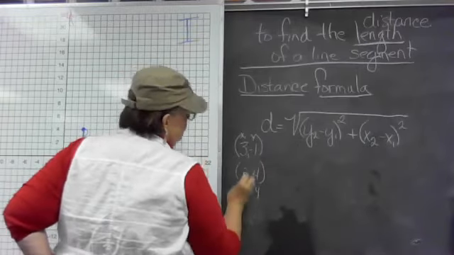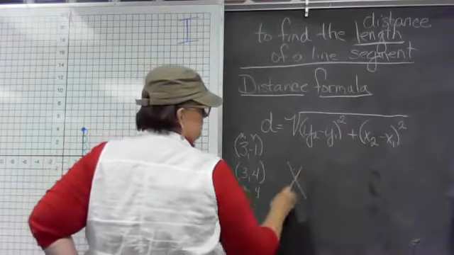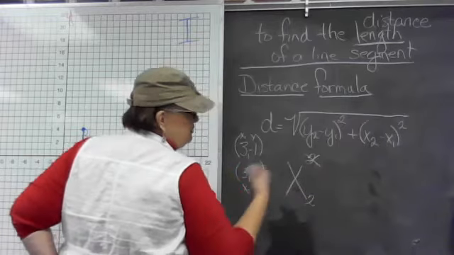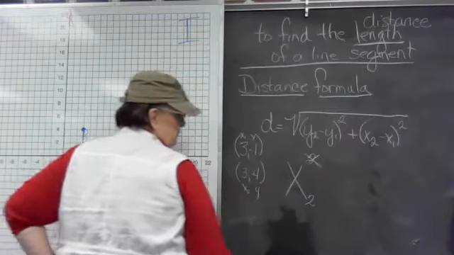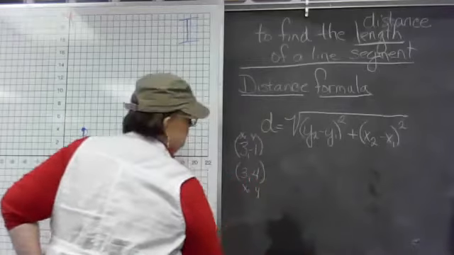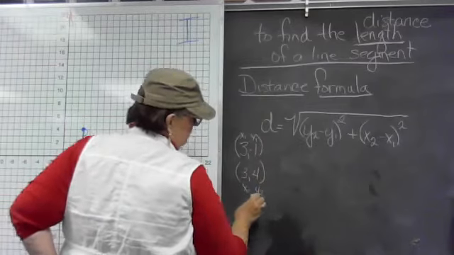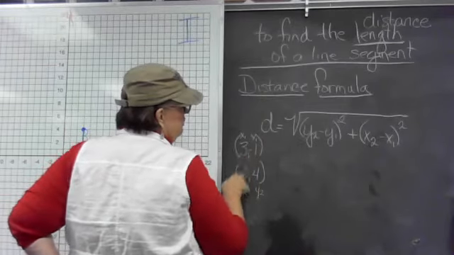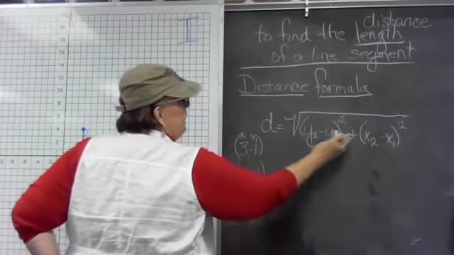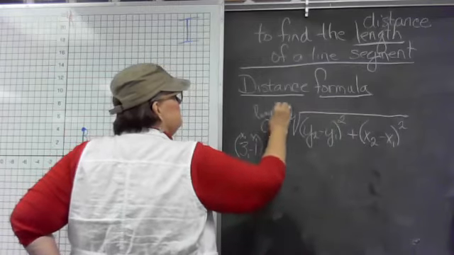I'm going to call this one X1 and X2. Now, these aren't exponents. They're subscripts that just mean that's part of the name. So we're naming our X and our Y coordinates, so this is Y1 and Y2, just so we don't get them mixed up. We know which number to use where. So now all you're going to do is follow the pattern. The distance, or remember this is also the length,